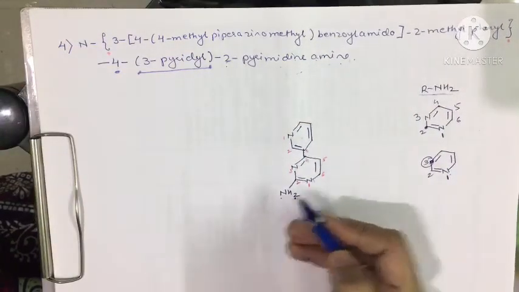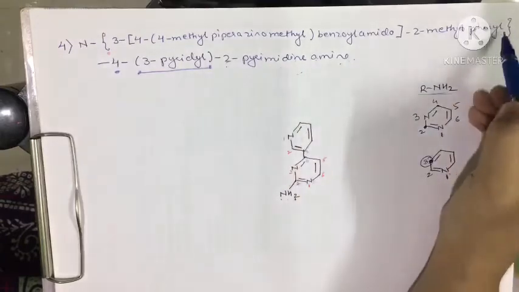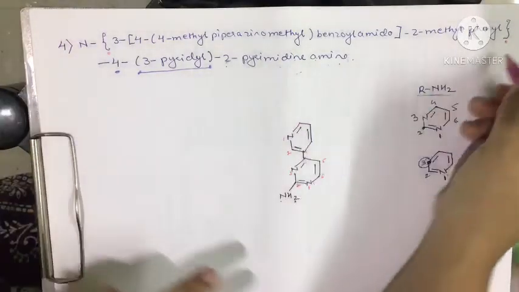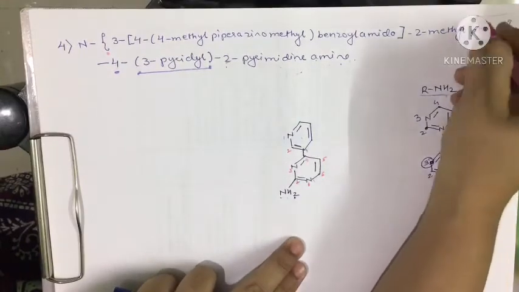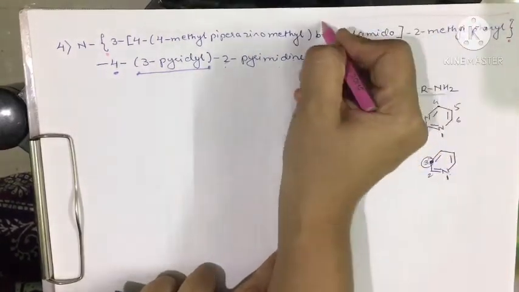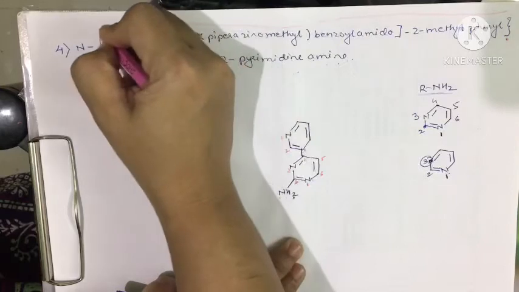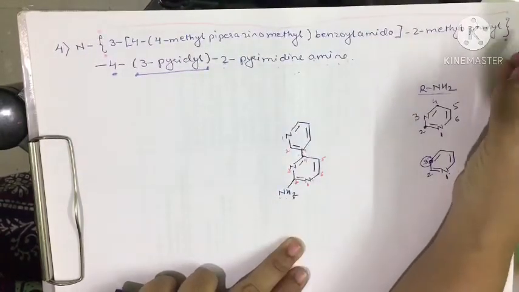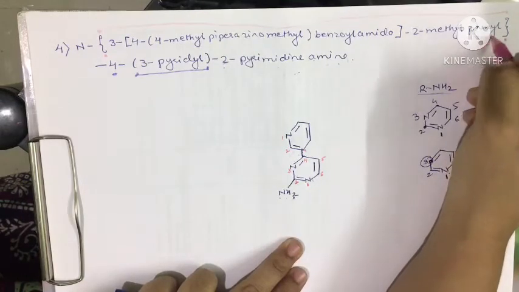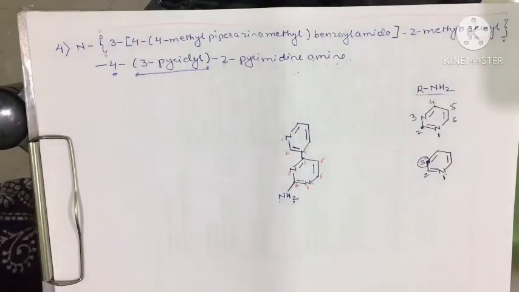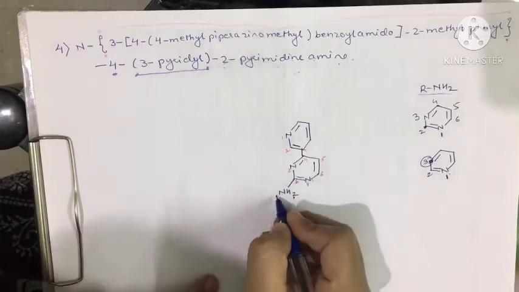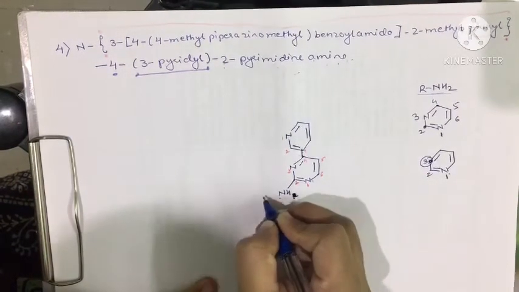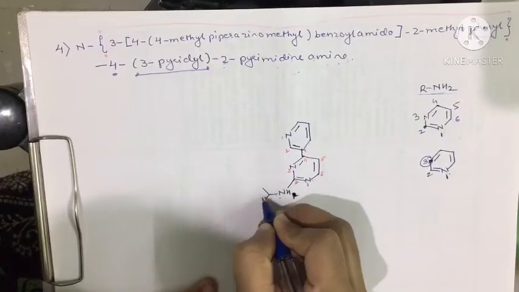If we see, the curly bracket ends here, and we will see the starting point of this curly bracket. Just mark it with a color pen. So it starts from here and it ends here. So what is the end point? The end root is phenyl. That means the phenyl group is attached to this amino group. So we will remove one hydrogen. The hydrogen is replaced by a phenyl group.